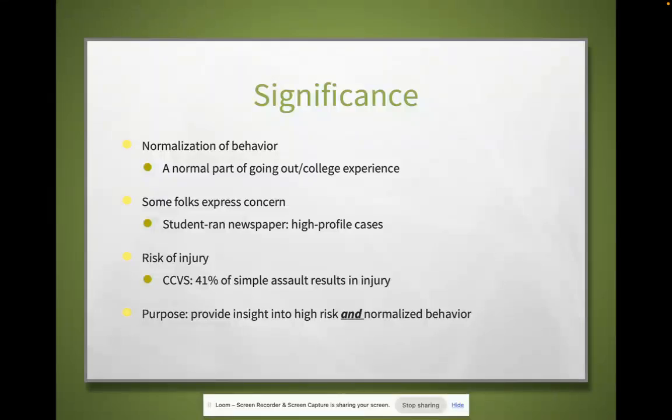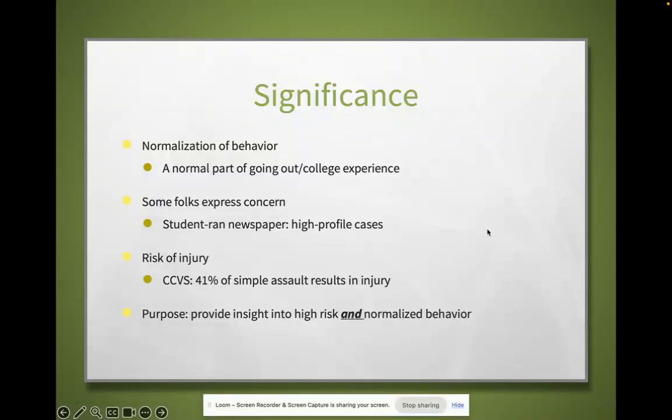They were worried that their peers and their colleagues were getting into these physical fights that were so severe that people were getting harmed. People were having to go to the hospital and seek medical attention. And then the risk of injury is pretty high. So the CCVS is a survey that had already been conducted, and the researchers found that 41% of simple assault